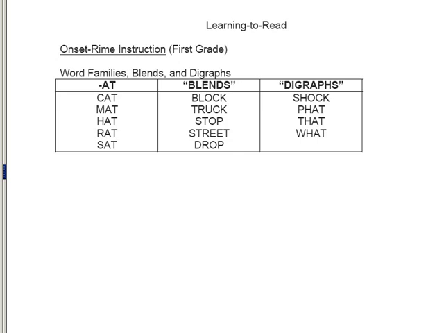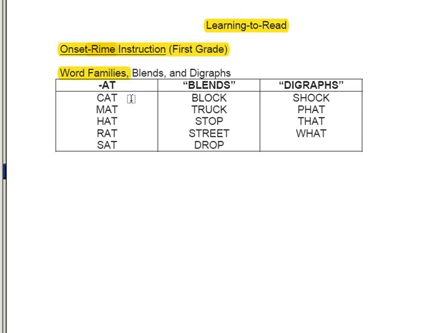Okay, next page. We are still in the learning to read process. Go ahead and turn to that now if you would. And what we're going to discuss in relation to this little learning to read process are these things called onsets and rhymes that we're going to put in first grade. Now, onsets for our purposes will always be consonants, and rhymes are going to be the word families that I'm going